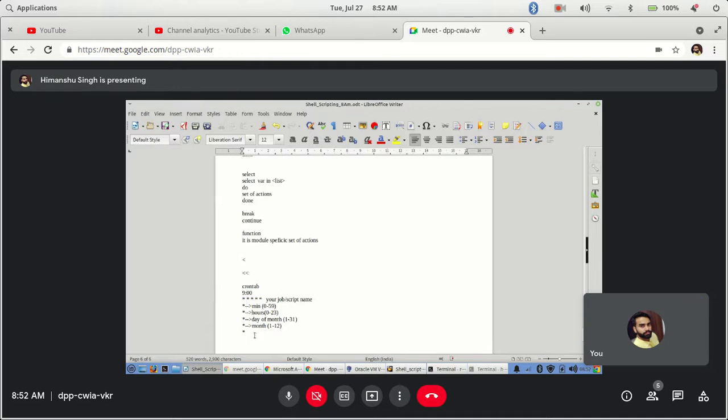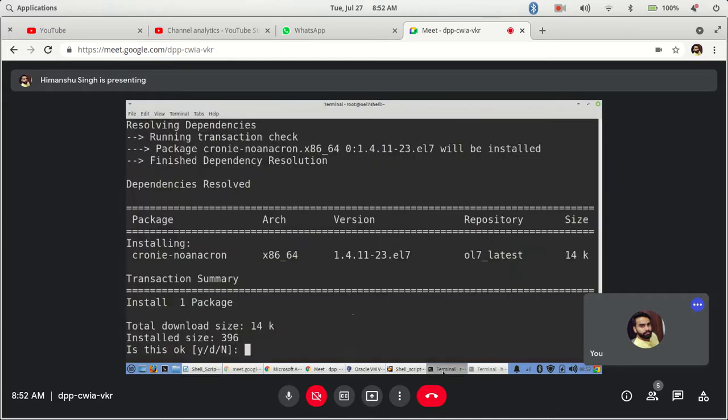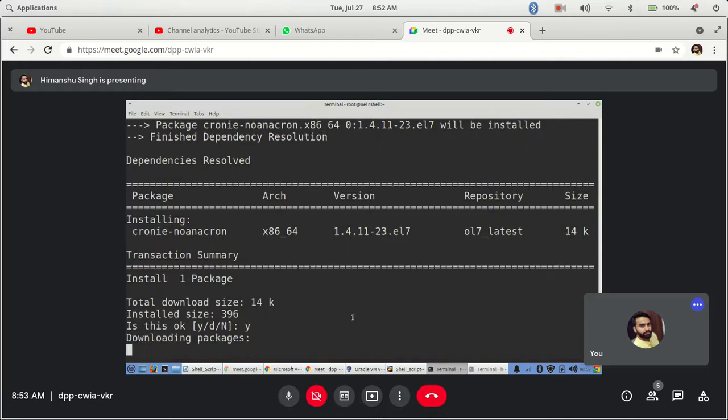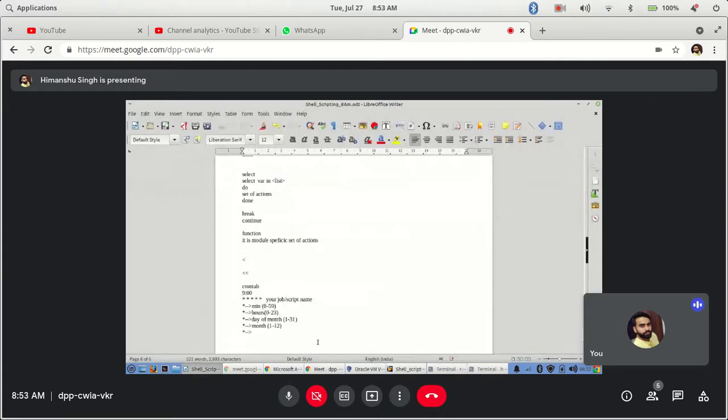And the last star is for your day of week. Day of week starts with 0 for Sunday, always remember 0 is for Sunday, and then it moves 1, 2, 3, and goes till 6. 6 is for Saturday. So the cycle runs between Sunday and Saturday. 0 is the first day of the week, Sunday, and then it moves further. Clear?